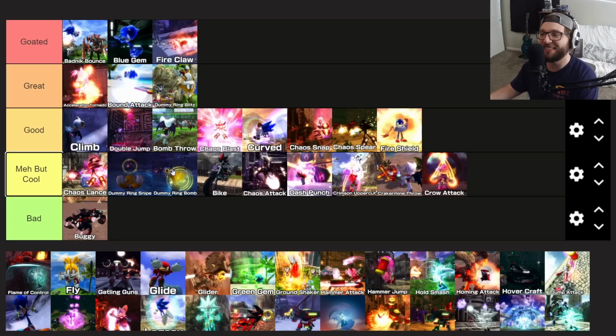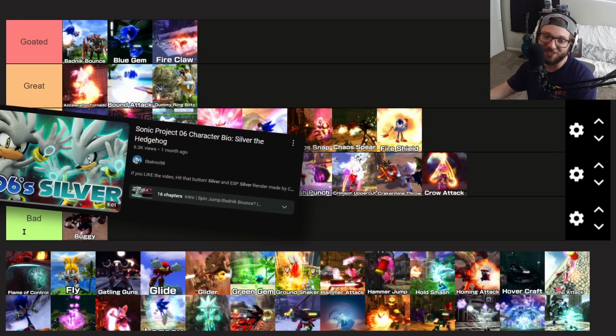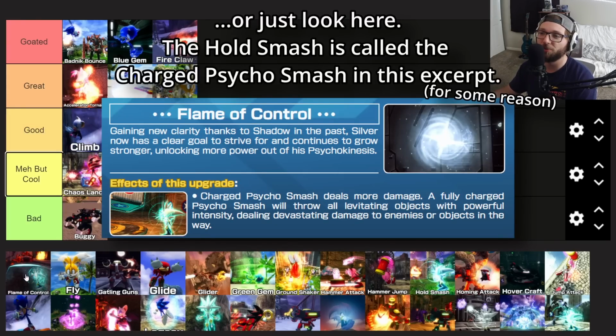And it kind of invalidates some of her other movesets, but it's still really, really good. The Flame of Control, which grants Silver the Psychic Knife, as well as making his Hold Smash, I think, do more damage. I don't know. I'd have to check out my Sonic Project 06 Silver bio where I talk about everything that this guy can do. The Psychic Knife is...